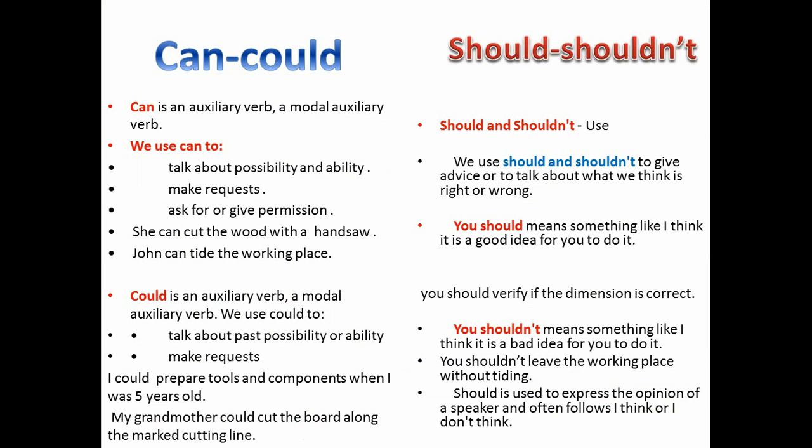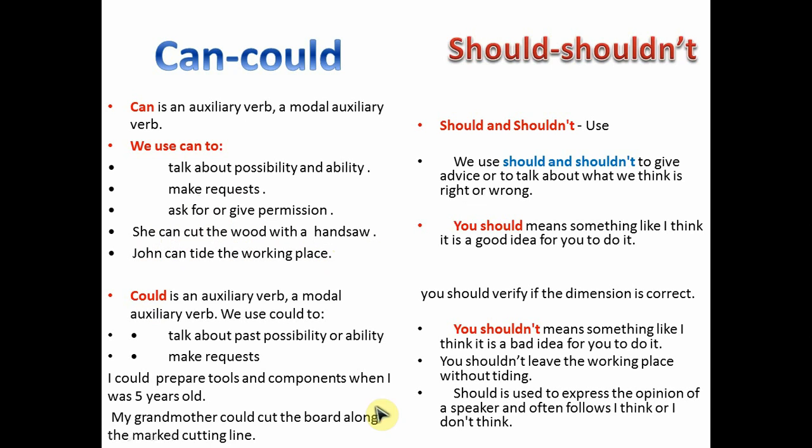Okay, now let's talk about can and could. Can and could, both of them are modal verbs, which means that they are auxiliary verbs, okay? And we can use can to talk about possibility and ability, make requests and ask for or give permissions. For example, she can cut the wood with a handsaw. John can tie the working place. Okay? Could also is an auxiliary verb or a modal verb that I can use to talk about ability and